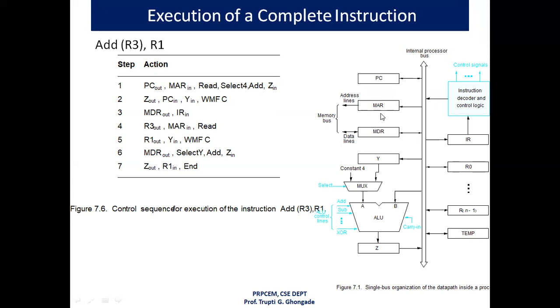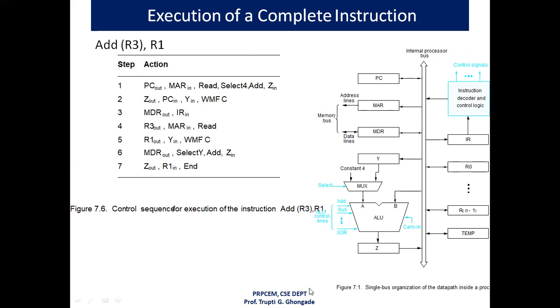So we have loaded the address from the program counter into the MAR. Now this MAR is connected to the address lines of the memory bus. Here we are performing a read operation by using some control signals, and after completion of this read operation, we are going to put data into the MDR. Now here is your memory. So MAR fetches the data from memory and loads it into the MDR, memory data register, by using these data lines. And from here they can be transferred to other registers in the processor.